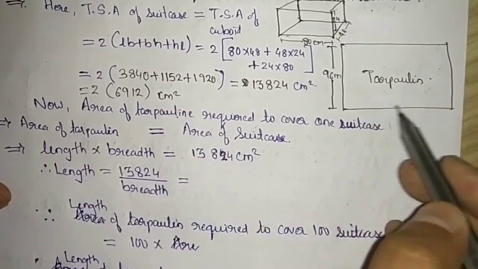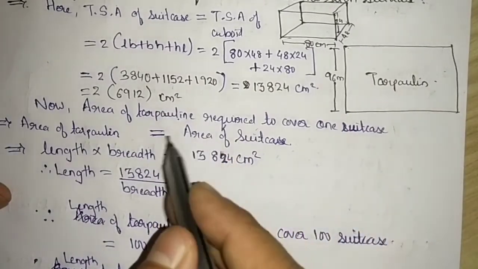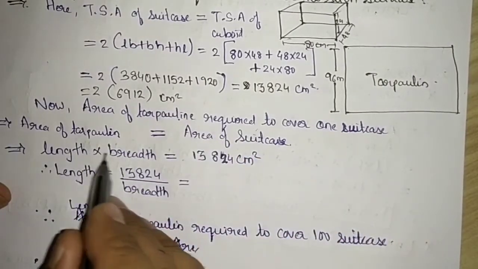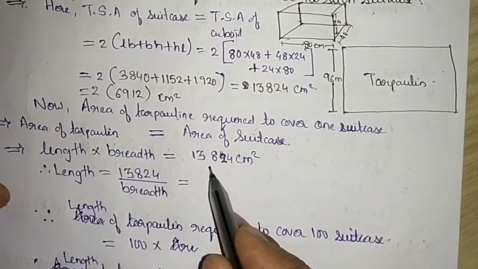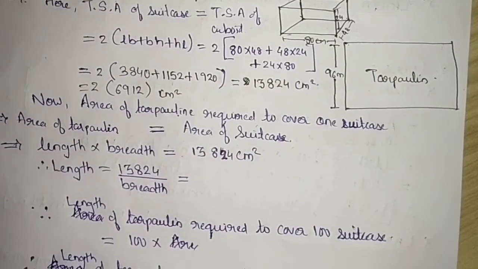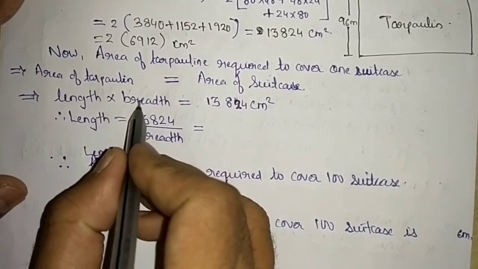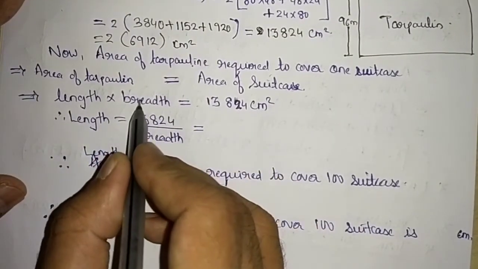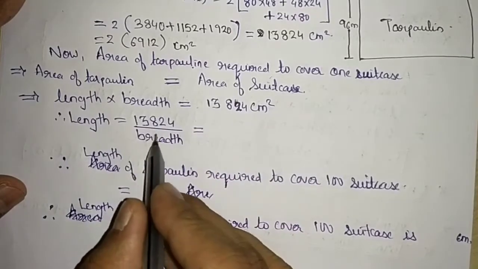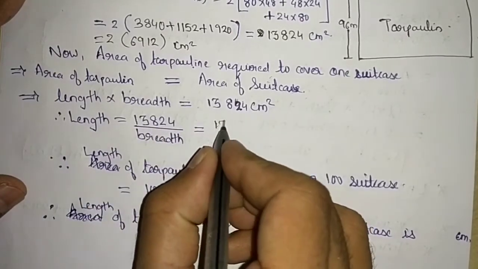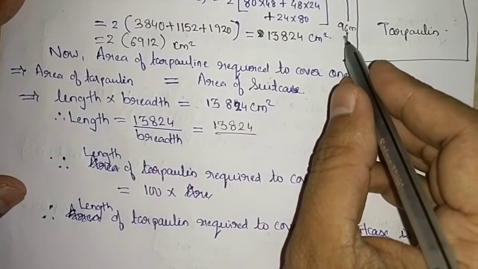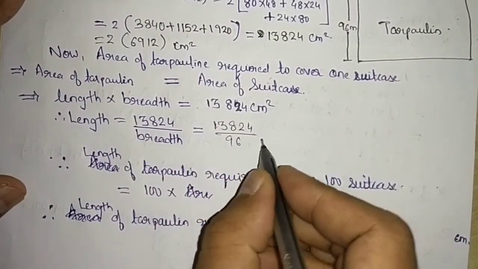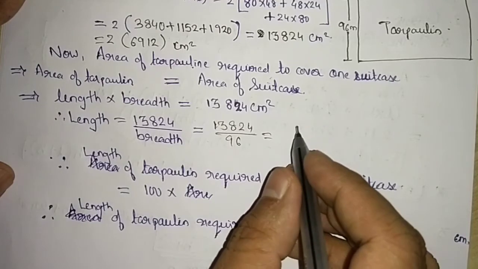It is nothing but the area of a rectangle, that is length into breadth. Area of the suitcase we have already found, that is 13,824. Breadth is given, so I will divide it like this: 13,824 divided by the breadth, which is 96, and that will give me